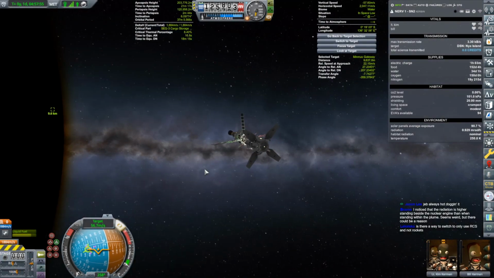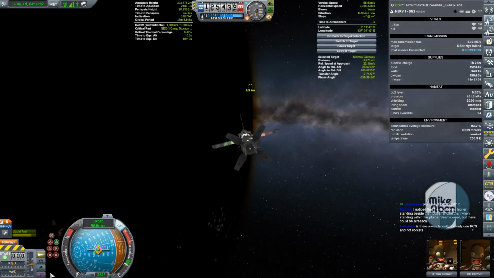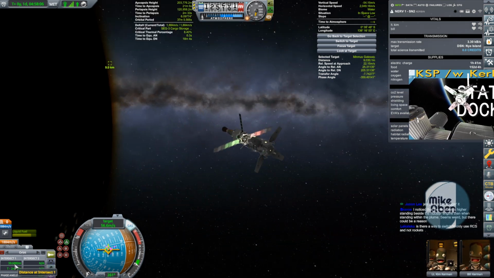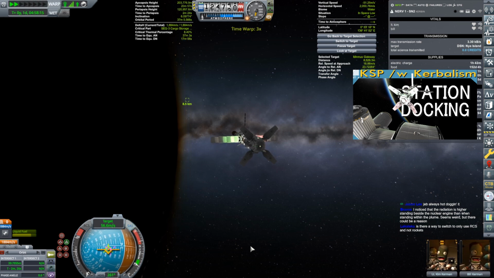Actually, don't need the alarm clock anymore. There's our target over there, the Minmus Gateway station, a different station. This station is in a 6-degree inclined orbit, and I'm already coming in only 40 meters off of the target. I mean, the station itself is bigger than that, so yeah, we're fine. I'm going to get in closer and then just...